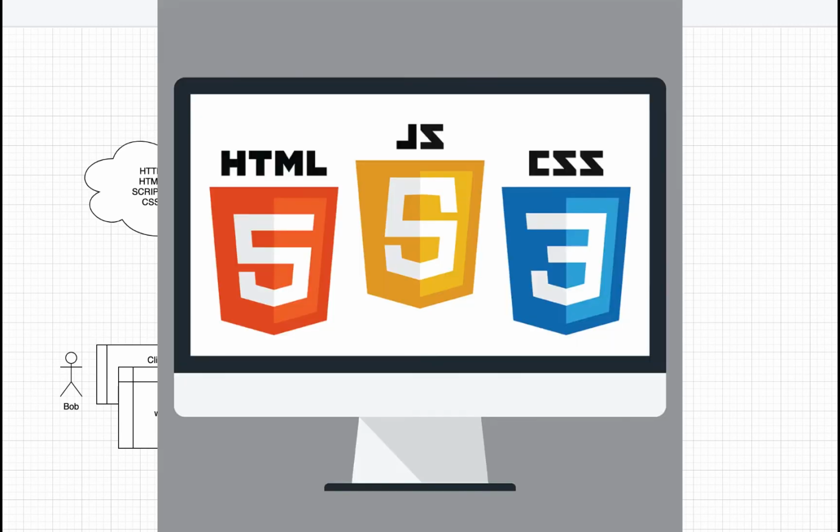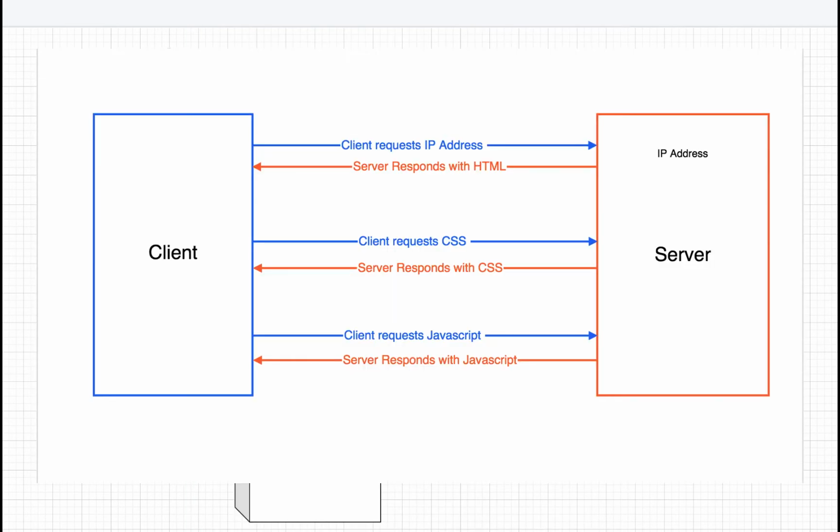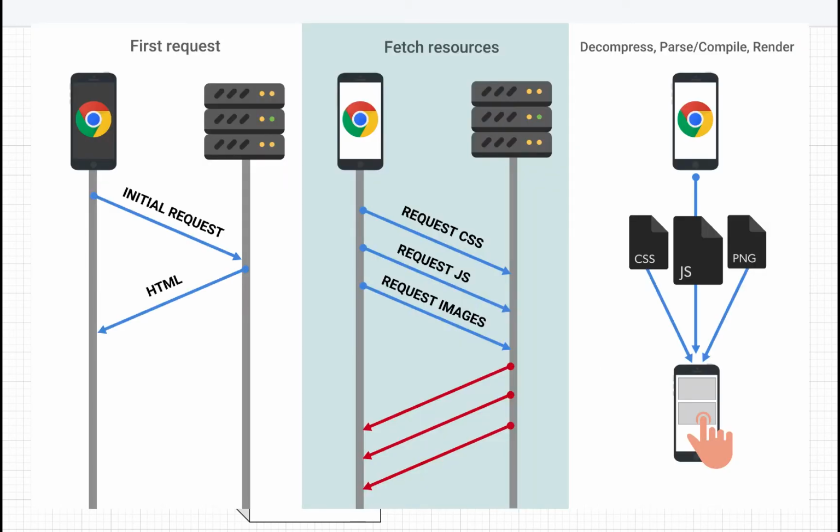It's also not completely accurate how I just drew this. Sometimes the server will return one response, which could be just HTML or even something smaller. And then in subsequent requests, I'm going to ask for more and more scripts and more CSS. And eventually everything would get to the browser. So it doesn't have to be one package like I drew it.